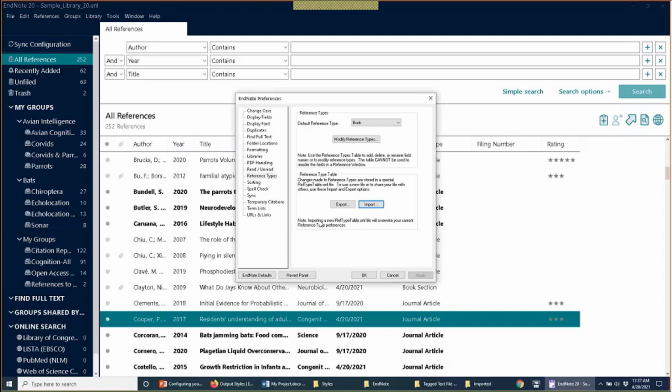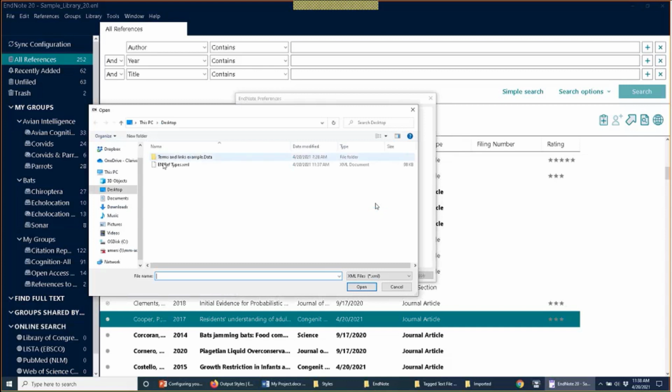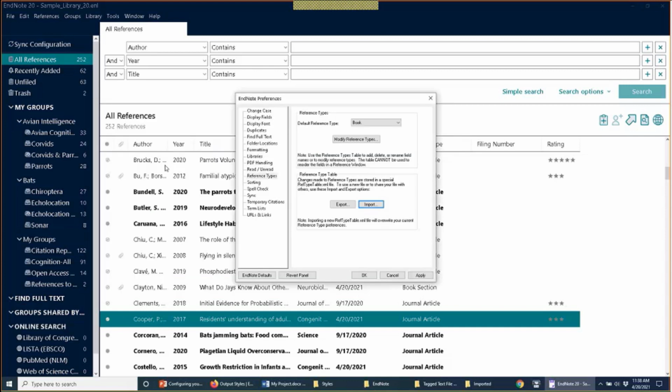So let's say you and a co-author are collaborating on a project, and you've customized some reference types and you've shared those with your colleague in an XML file. If your colleague has any existing customized reference types, that person might want to export those existing customizations first, so that once they've backed up their existing reference types, they could import your custom reference types for whatever project you're working on. And then once that person's done, they can import their original reference types again. Because just to recap,